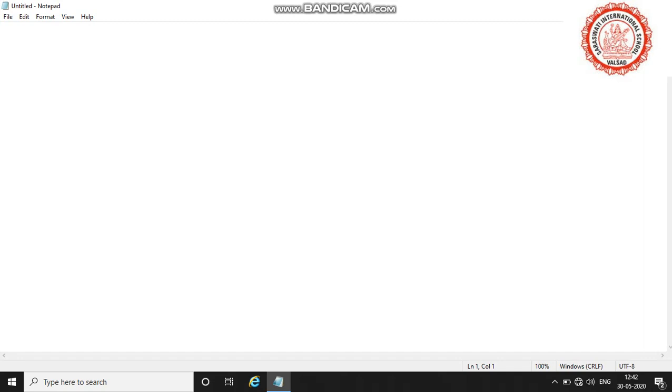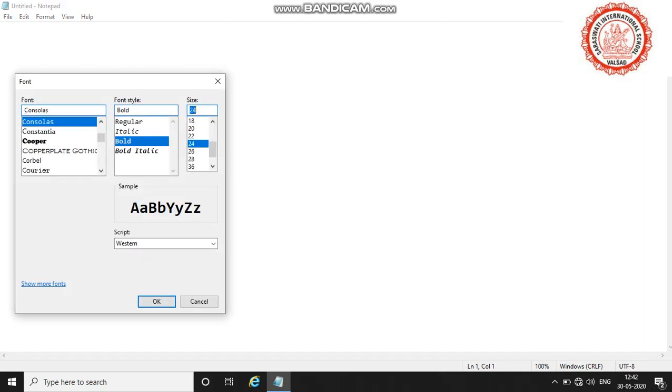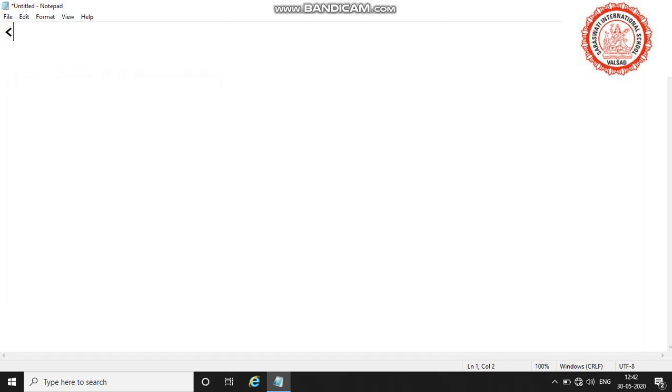As you all are aware, HTML starts with the HTML tag and ends with the slash HTML tag. Everything comes in between these two tags. HTML code is divided into two parts, a head part and a body part. The head part contains the title of a web page and the body part contains the body of the web page. Here, head. HTML is not a case sensitive language.